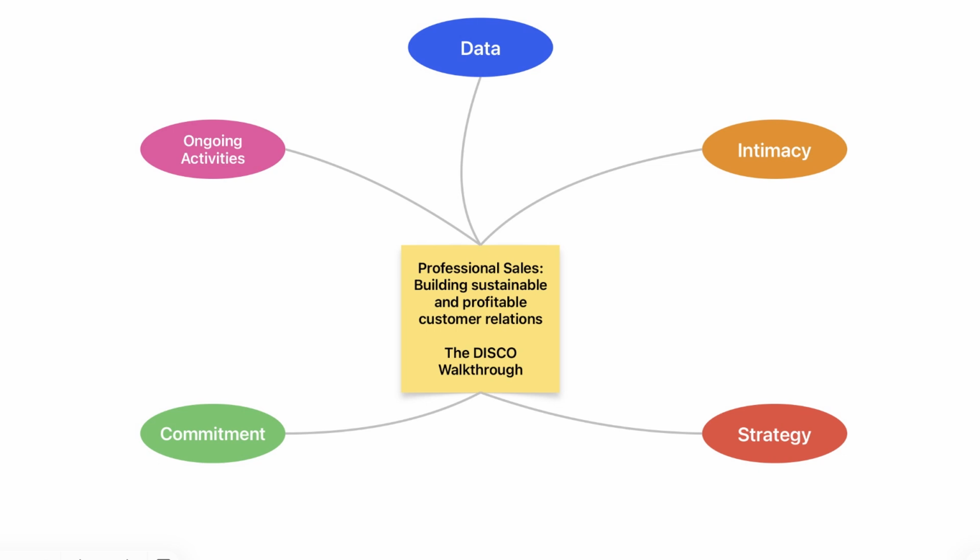Precisely. Long-term thinking. Now, DISCO sounds a bit linear, like a neat sequence. But sales feels more chaotic sometimes, doesn't it? People are unpredictable. It definitely can feel chaotic on the front lines, absolutely. But the DISCO model isn't about dictating the customer's every move. It's about imposing discipline on the sales organization's response. Ah, okay. So it's about structuring our process, not forcing the customer into a box. Exactly. It provides that necessary structure, that repeatability. The overall theme, the big goal here, is establishing sustainable and profitable customer relations.